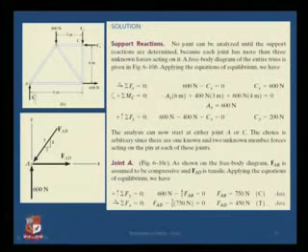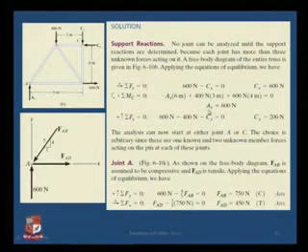Then I get Ay into 6 meter. Now this is going in the clockwise direction. I have taken anti-clockwise as positive, so this will give me a negative value. Then I have 400 Newton, which gives a positive anti-clockwise moment, into 3 meters, which is the length between these two points. Then I have another force, 600 Newton going away, which again gives me a positive moment in this direction. Solving this equation gives me Ay equal to 600 Newton.